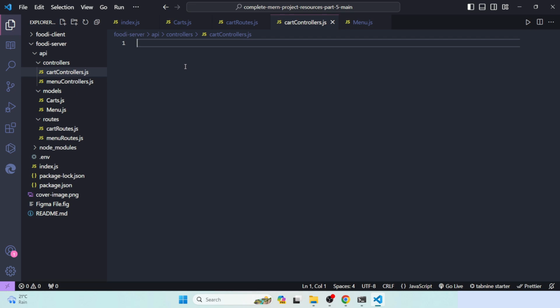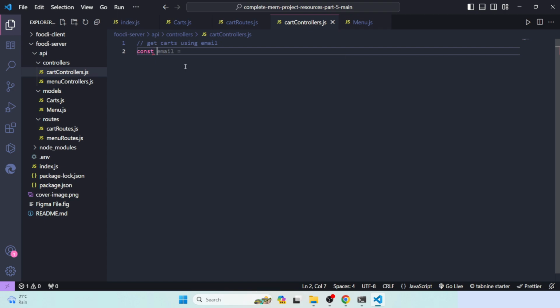Firstly we'll define how to get cards using email. So the first route will be get cards using email, so we'll define const getCartByEmail. Okay, that will be a variable,